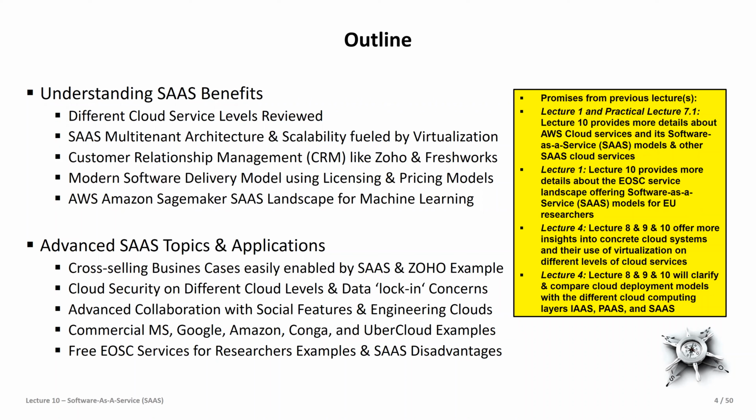At the end, I thought I'd bring you a little bit of the perspective of the academic sector. It's called the European Open Science Cloud. That is something academics can use for exchanging data, and there are different SaaS examples, which are very good. They're free for researchers. And finally, we round off with the SaaS disadvantages. Of course, as a university, you always have to balance what is good, what is bad, being neutral, a honest broker so to speak, and saying this also has some disadvantages. And one big one, which I already talked to you about, is vendor lock-in and data lock-in. This is always something we have to discuss.